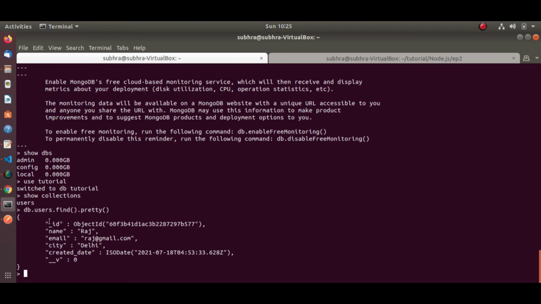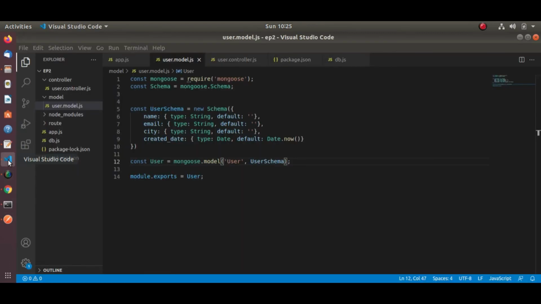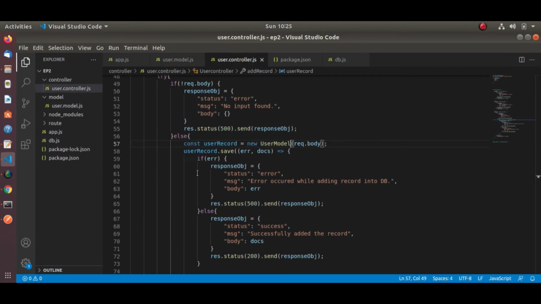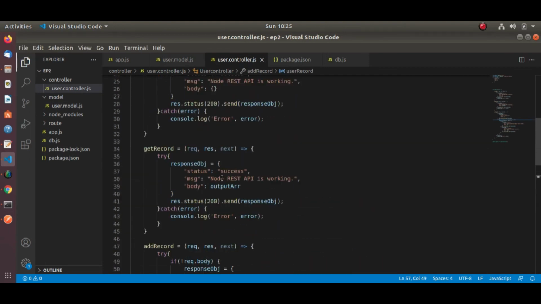So let's write the get query. Let's go to user controller.js again. We have the get method where we will get the records. Here what we will do, we will write the find query.